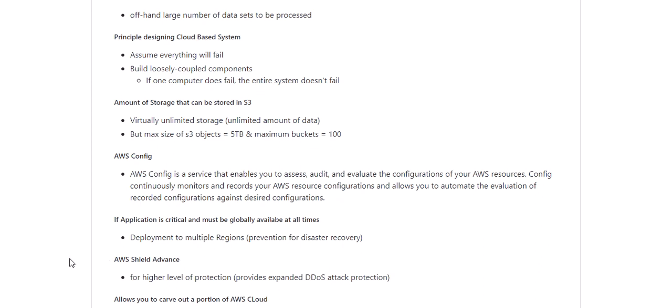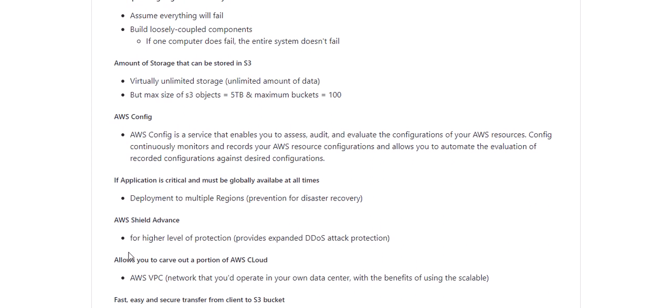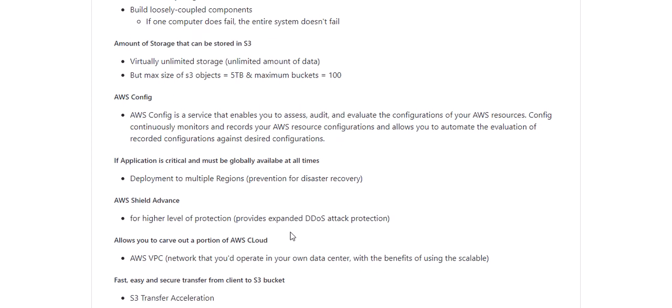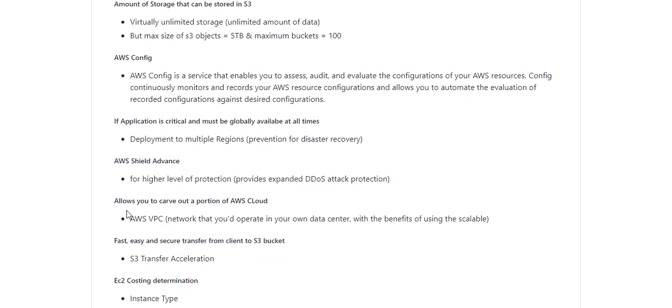And you have AWS Shield Advanced, which provides a higher level of protection, including expanded DDoS attack protection. Okay. What allows you to carve out a portion of the AWS cloud? It's AWS VPC, virtual private cloud. It's a network that you would operate in your own data center, with the benefit of using scalable